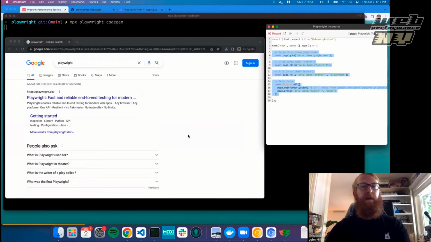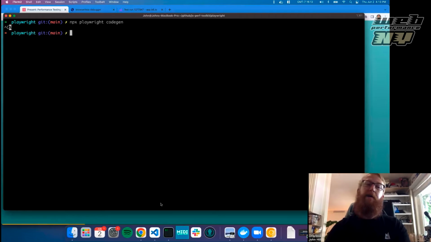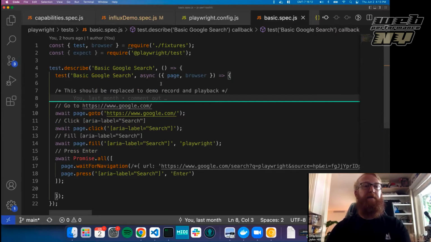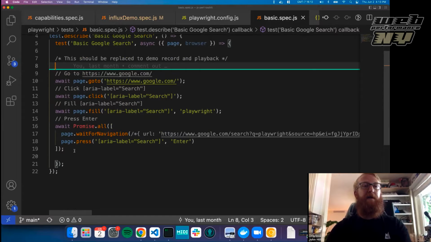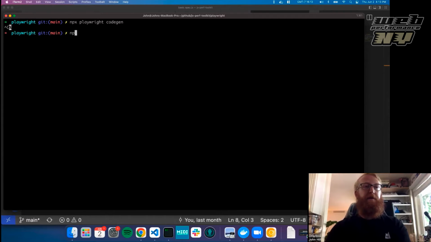So I'm going to go ahead and do that now. I'm going to stop the running test, go to VS Code that I have here, and go to, again, the repo that's available online, and you can see this code block here is exactly what was copied out of that record and playback functionality available in Playwright. So now I'm just going to run that to prove that it's the same. npm run test